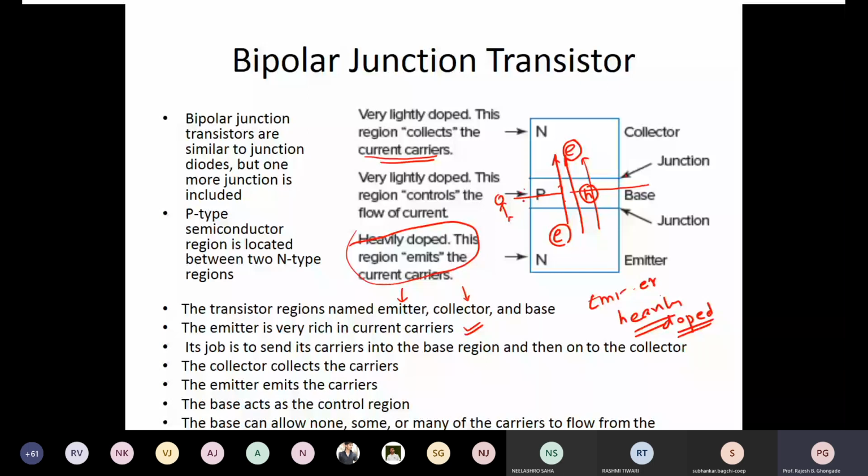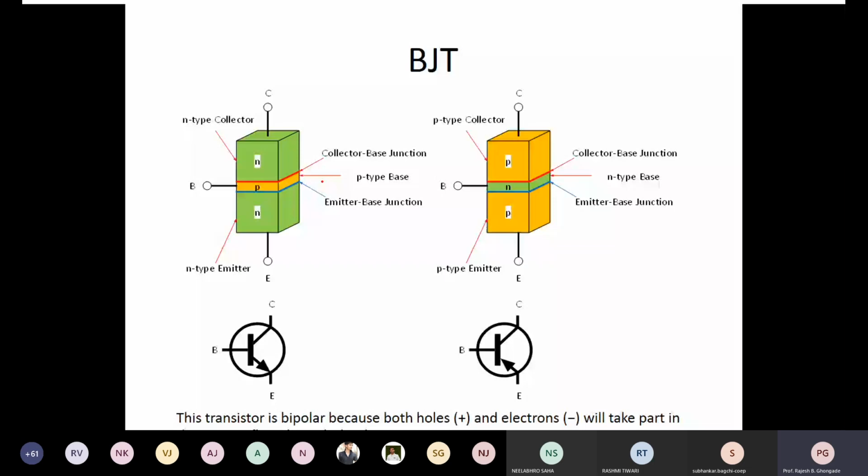This is how it looks in a sort of 3D kind of thing. We have this N-type, we have the P-type, we have the N-type again. This is true for NPN transistor. We have two such flavors, NPN and PNP. Now tell me, in this particular device, who are the majority carriers? Holes. Here we have the holes, correct. Here also we have the holes. And who are the minority carriers? They are the electrons which are there in the base.